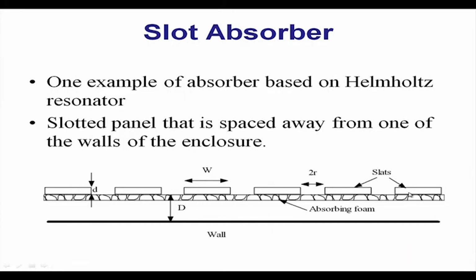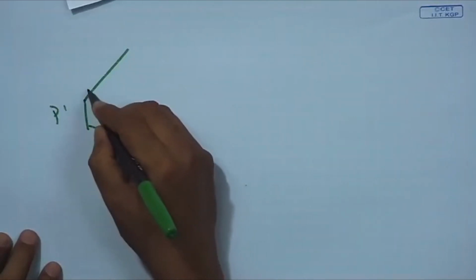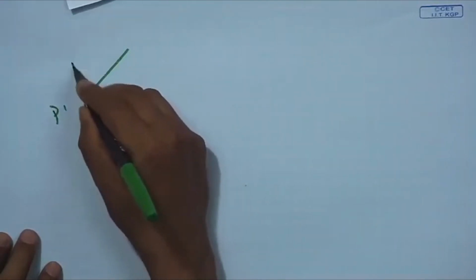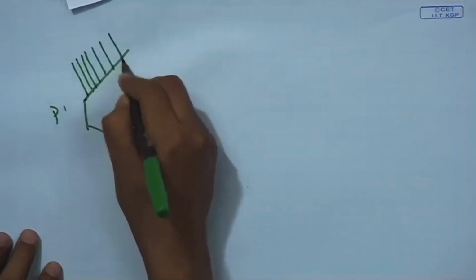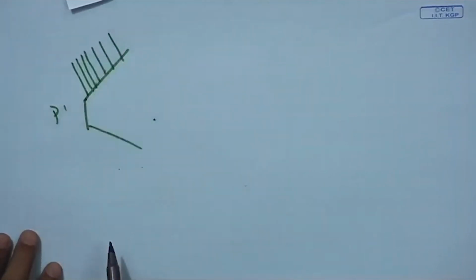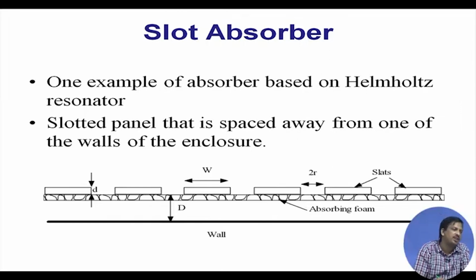If you see the auditorium, the front part just close to the stage, there is a wooden slot placed on the wall. So, this slot width and depth is not random, it has to be designed based on the requirement. So, you know the frequency of operation of the auditorium, then we have to design the depth based on